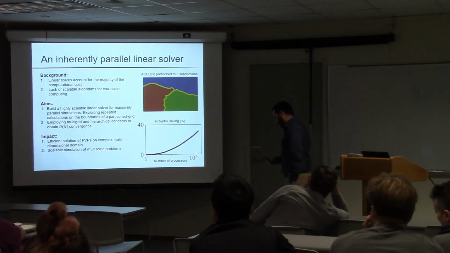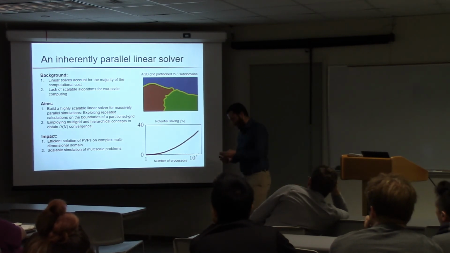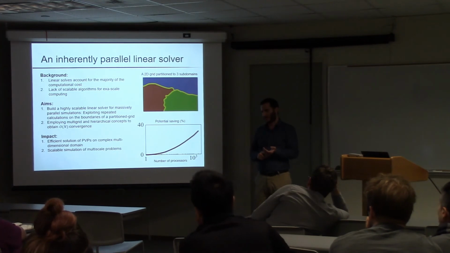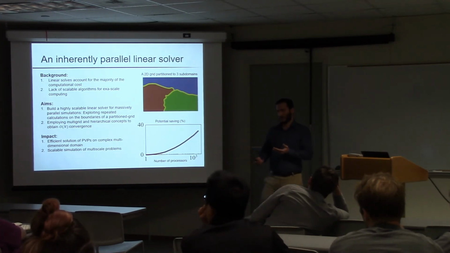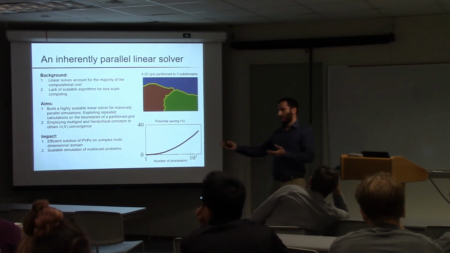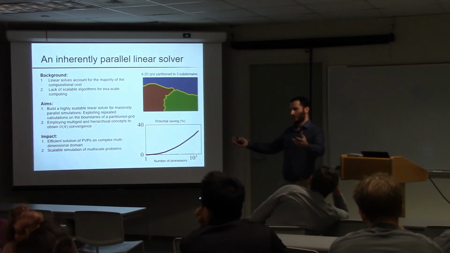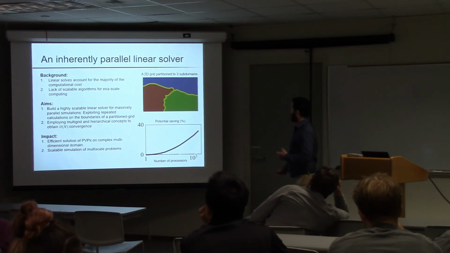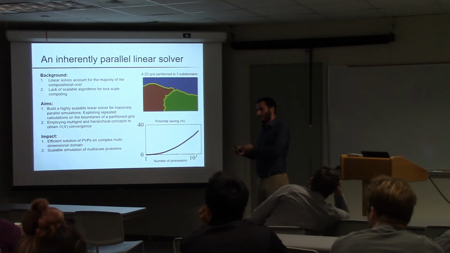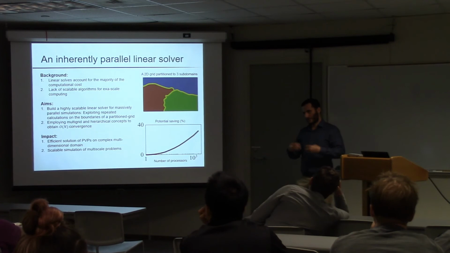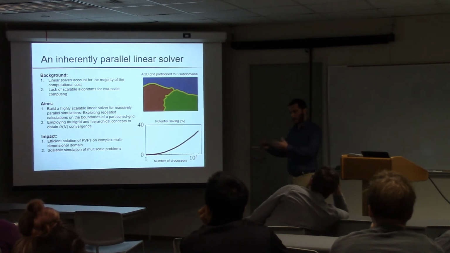If you think about the methods that you could adopt in order to reduce the cost of a calculation, either you're going to be using some lower fidelity methods. Think about running direct numerical simulations versus some sort of lower order method like LES or RANS. But those come at a cost of lower accuracy. Another alternative is to come up with more efficient methods, let's say a better linear solver or some sort of preconditioner that is going to reduce the cost. We do exploit those whenever we can.